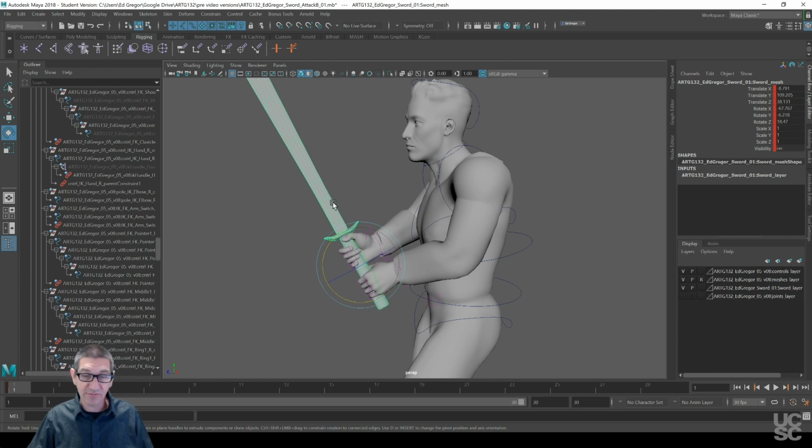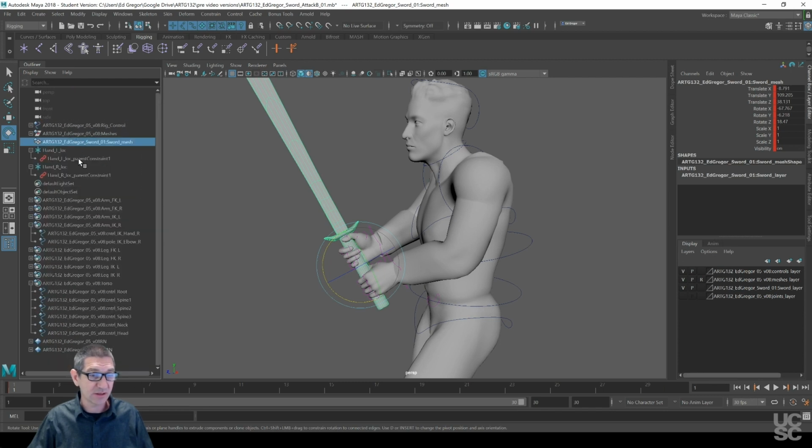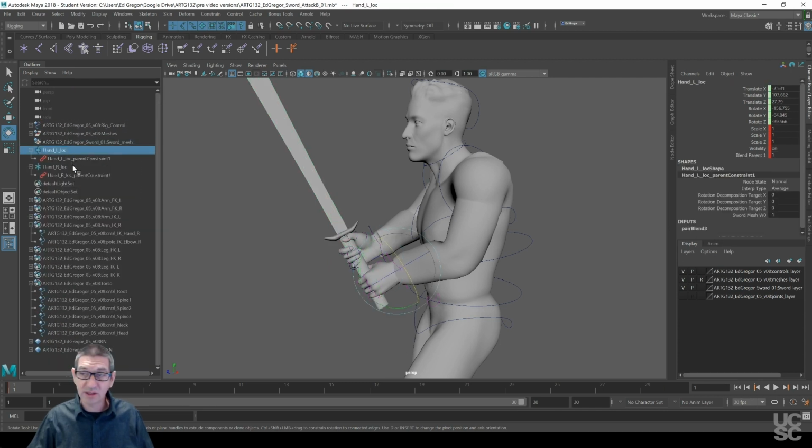Once I created the keyframes for everything, what it does, and it's kind of interesting that it does this, these hand locators have this attribute on them called blend parent, and they actually get set to 0 by default, which means they're not doing the constraining. So I needed to set those to 1, blend parent on both of these to 1, and